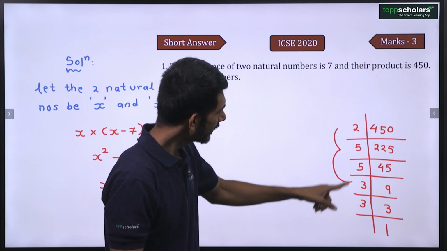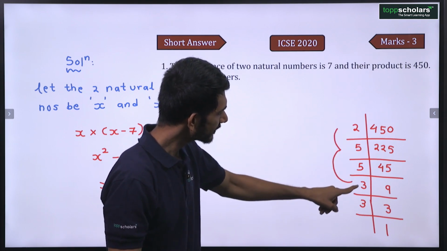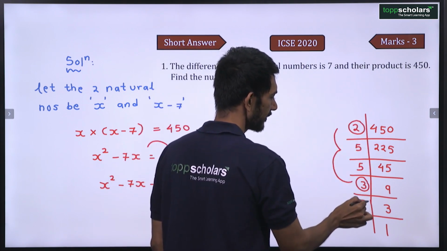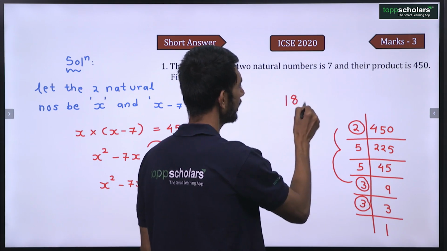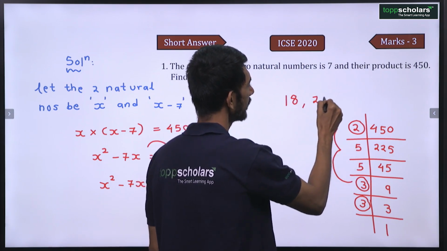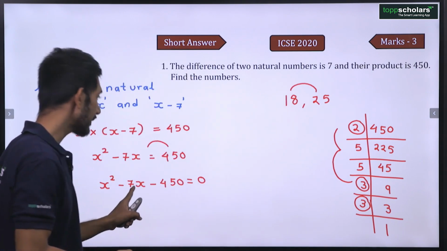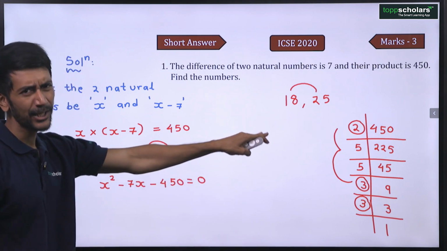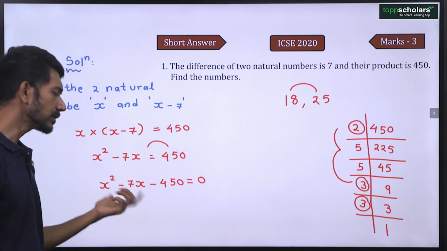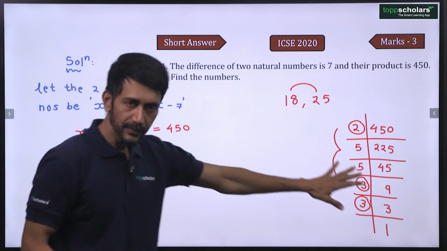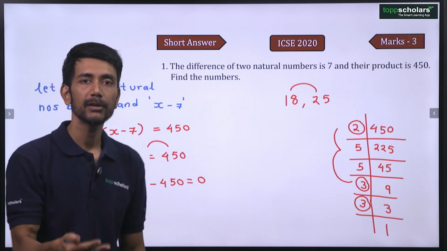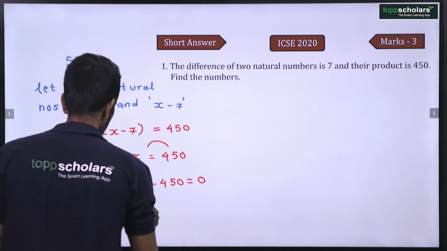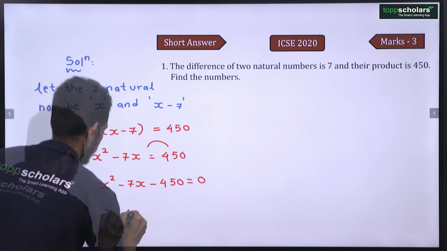Let us change it again. Let's take 2, 3, 3 together, 2 3s are 6, 6 3s are 18, I am taking one number as 18 and 5 5s are 25. Will that give me 7? Yes, that will give me 7 in the middle because 25 minus 18 is 7, correct? This working you can do on your own, I am very sure. If you are finding this difficult, you can directly use the formula method, that is minus b plus or minus root of b square minus 4ac by 2a to find out the value of x. So we have found out that this can be further expressed as